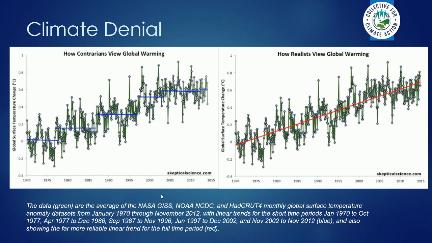So there's an idea of climate denial, which is now thankfully becoming less of an issue. But what they used to do is they'd look at temperature data like this, and you can see that there's a clear pattern here going back from the 1970s. And what they would do is they'd take small sections of it and they'd publish that, and then they'd say, look, the temperature's going down, or the temperature's not going anywhere. But you can clearly see there's a trend of warming.